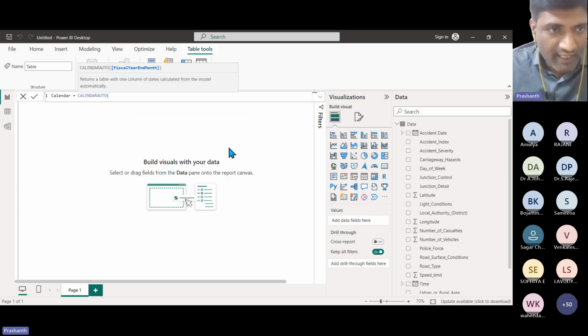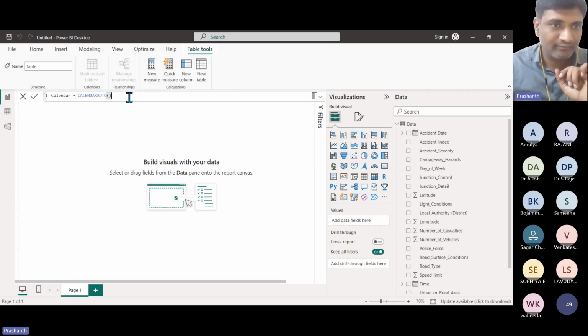Calendar auto is a method which creates a table using your fiscal year end month. Whenever I open a bracket, it gives a hint: it returns a table with one column of dates calculated from the model automatically. Remember, it is calculated from the model automatically. If I close it and hit enter,